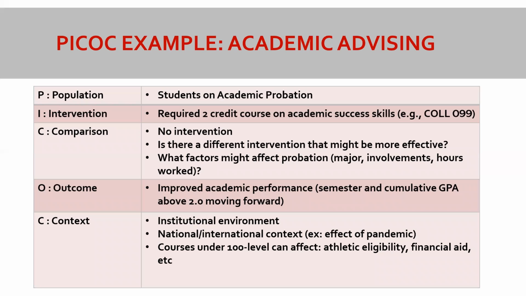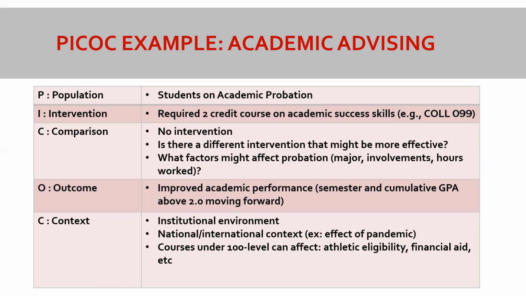So for me, one of the problems that we discuss quite regularly is students that depart the institution. So students that decide not to re-enroll or come back. And most often, this is related to students being on academic probation or who aren't being academically successful. So they might choose to leave the institution, perhaps because the institution tells them they have to, or perhaps because the student feels like they're not being as successful